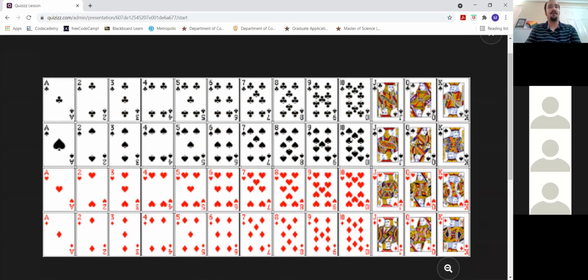There are 52 cards in a deck. There are 13 cards in each suit. There are 4 of a kind of any card. And we start with ace, 2, 3, 4, 5, 6, 7, 8, 9, 10. And then we work with the face cards, the 3 face cards: Jack, Queen, King. And so now we want to know